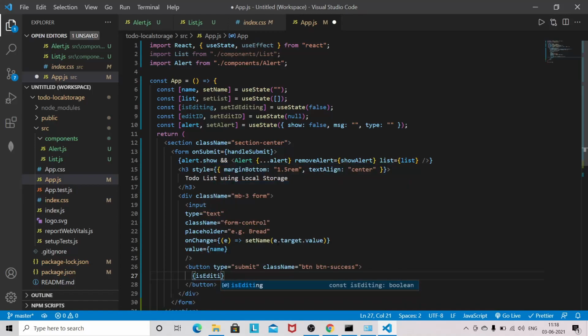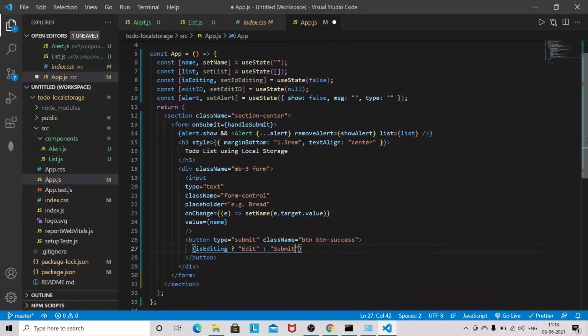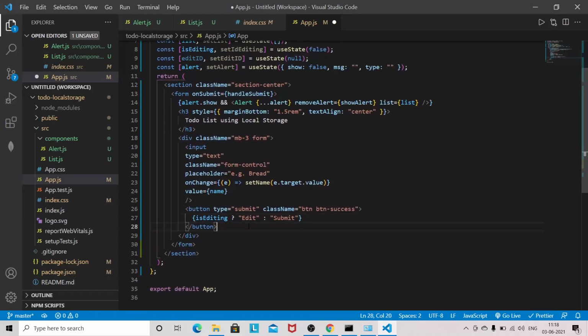Okay, so if it is in editing mode, the value of the button will be edit, and if it's not in editing mode, it means you have to submit. Okay, means you have to add the item, and this is for the button. So the form will get closed here.